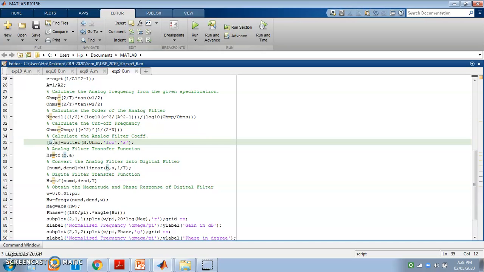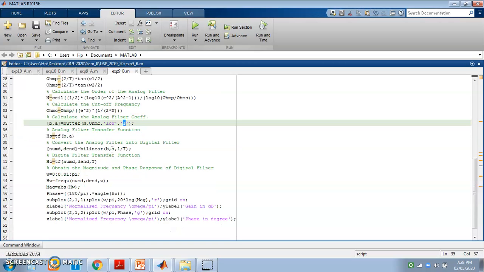That B and A can be calculated directly by using the Butterworth approximation, and for that there is a command, that is butter, in bracket with order of filter capital N with cutoff frequency omega C. Here I am going to design a low pass filter prototype, and here it is in the S domain. So this is the standard syntax that I can go with in MATLAB, that is [B, A] equal to butter(N, omega C).